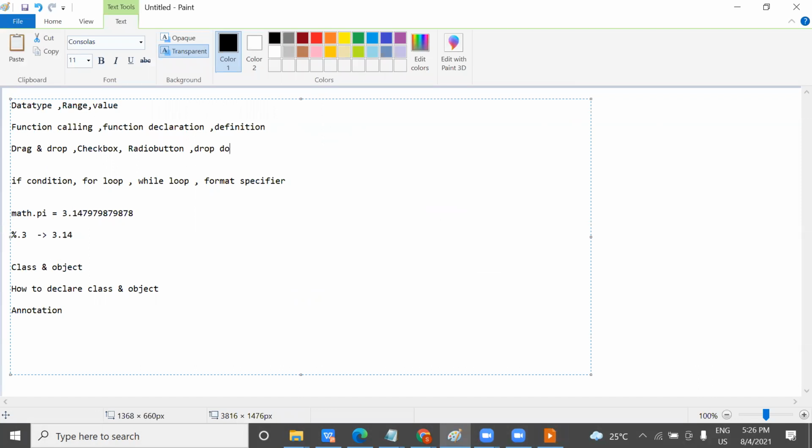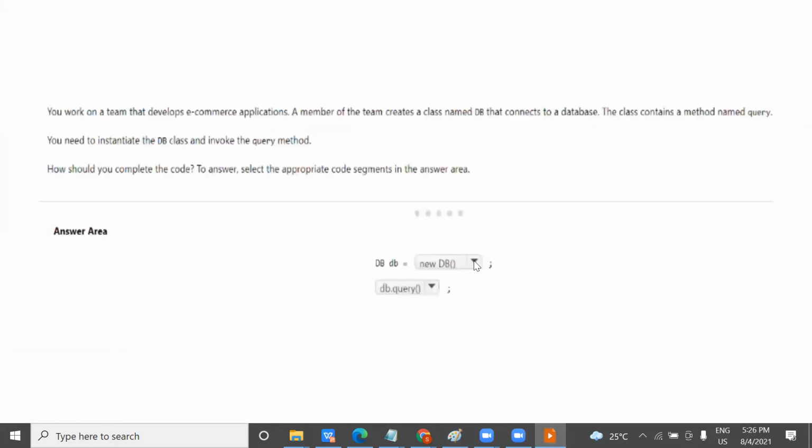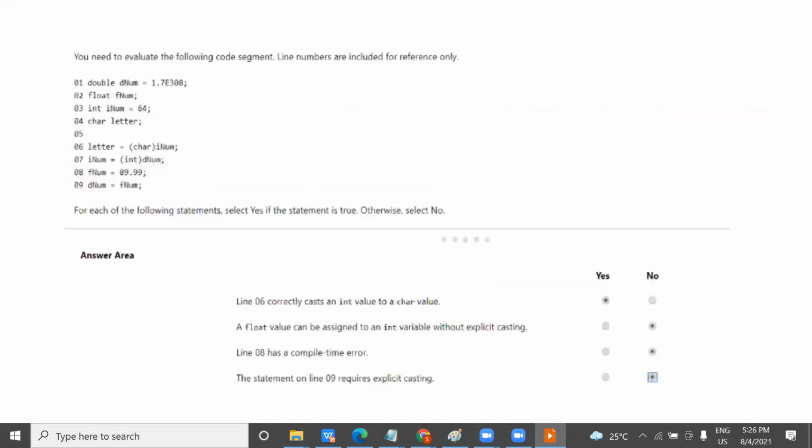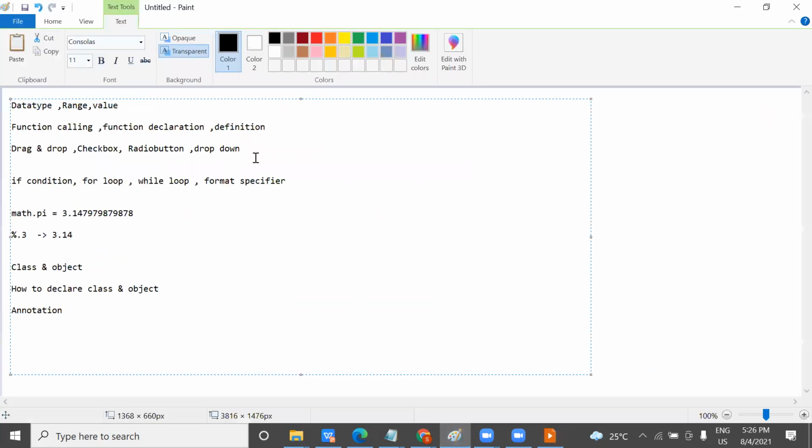Drop down, you know, right? It means when you click on this arrow, it will show you a set of options. From that you need to select, and this is based on object creation, meaning how you can create an object for any class. Similarly, true false, this also you should add, this pattern.